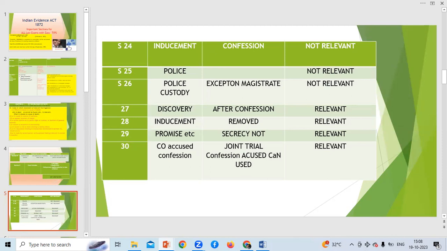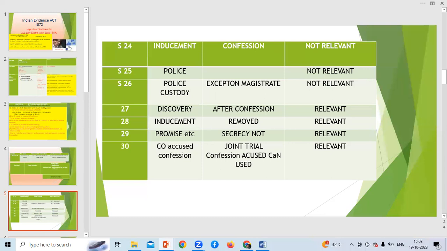If the police goes and finds that instrument with which the offense was made, and if it is found there, that part of the confession will be relevant,